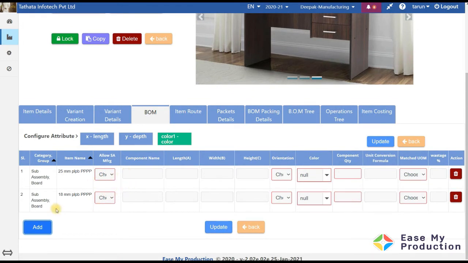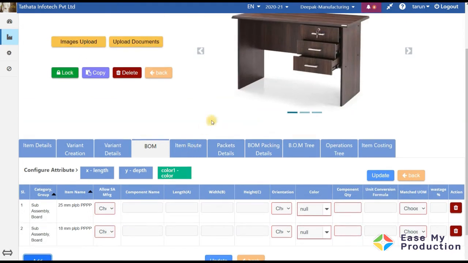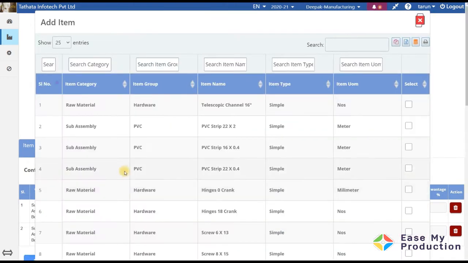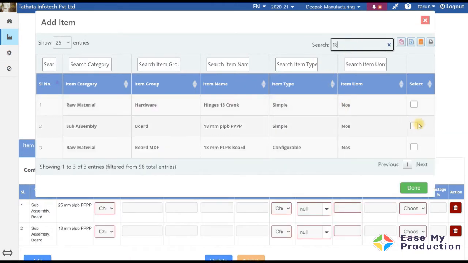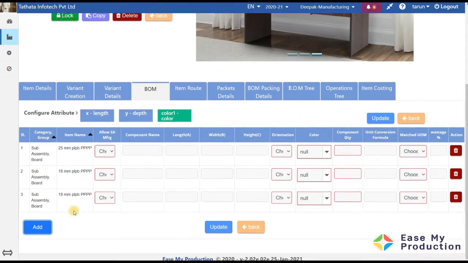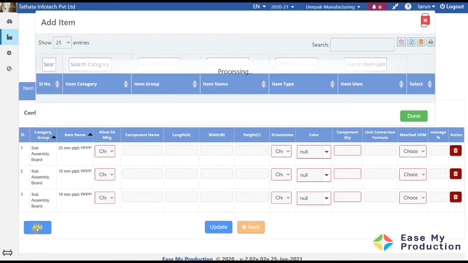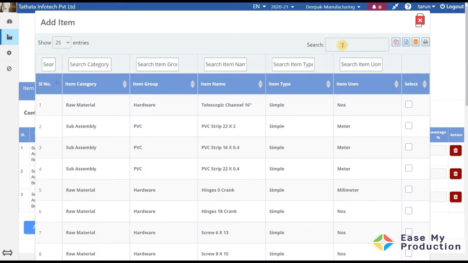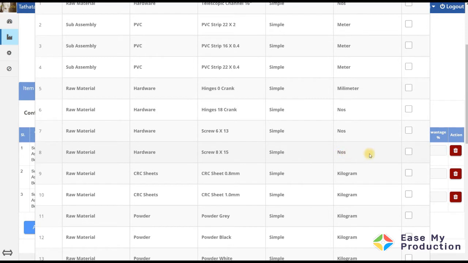Now, as you can see, we have a modesty also, so I will add a modesty. And then we may be requiring, let us see, some screws.